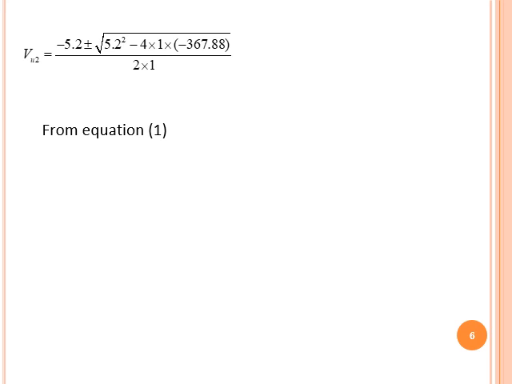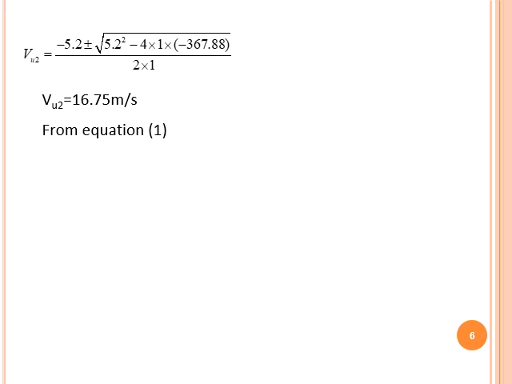So that is in the form of ax² + bx + c = 0. From this, for the quadratic equation, Vu2 = (-5.2 ± √(b², that is 5.2², minus 4 times a, where the value of a is 1, and c is -367.88)) divided by 2a, that is 2 × 1. So by solving that expression, we are getting the value of Vu2 as